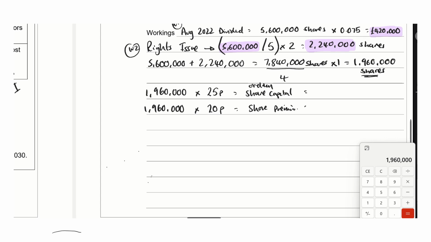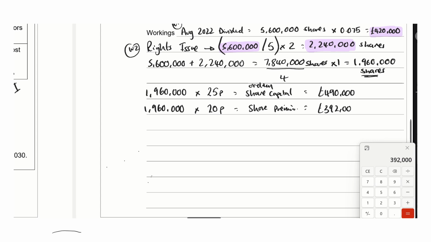So let's pop everything in the calculator. So let's times it by 25p first. And it gives you 400, and this is now in pounds, £490,000 you will earn from your ordinary share capital from issuing them shares. And you do the same thing for your share premium, which is